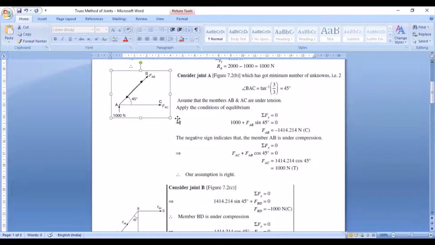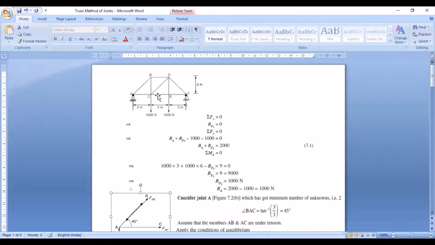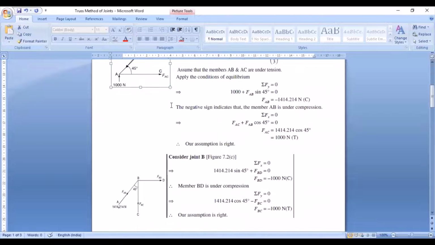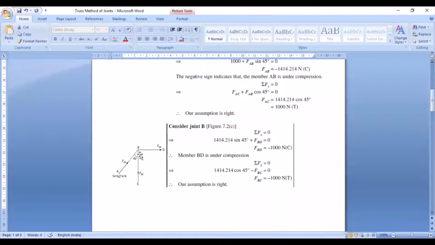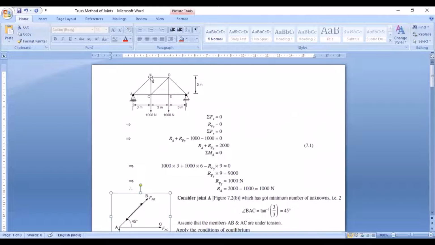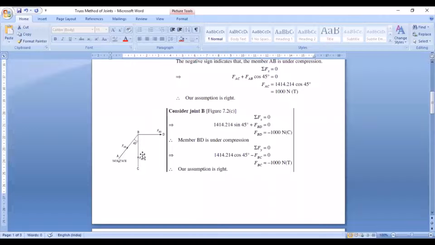So there is C and there is E. Here, when you consider from C to E, the arrow will be towards E, and when you consider from E to C, it will be towards C. We will see that once we come to the free body diagram of E. In this diagram, you can see that this FAB force is towards B, and these two members, BD and BC, are just assumed to be acting outwards.